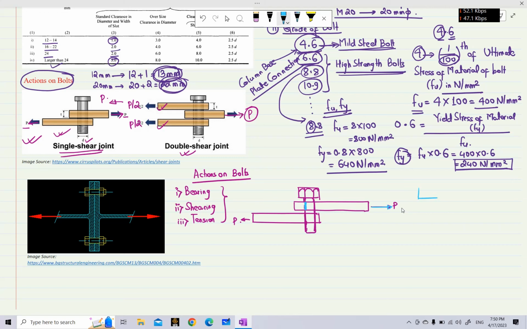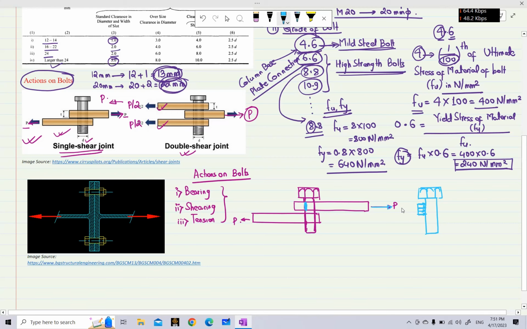So if I just draw this bolt here, because this part of the bolt is bearing on the plate, or let us say that the plate is bearing on this bolt, this plane will be acted upon by some bearing force. Let me draw it in this way. The plate is causing some force to be acted upon this bolt here,